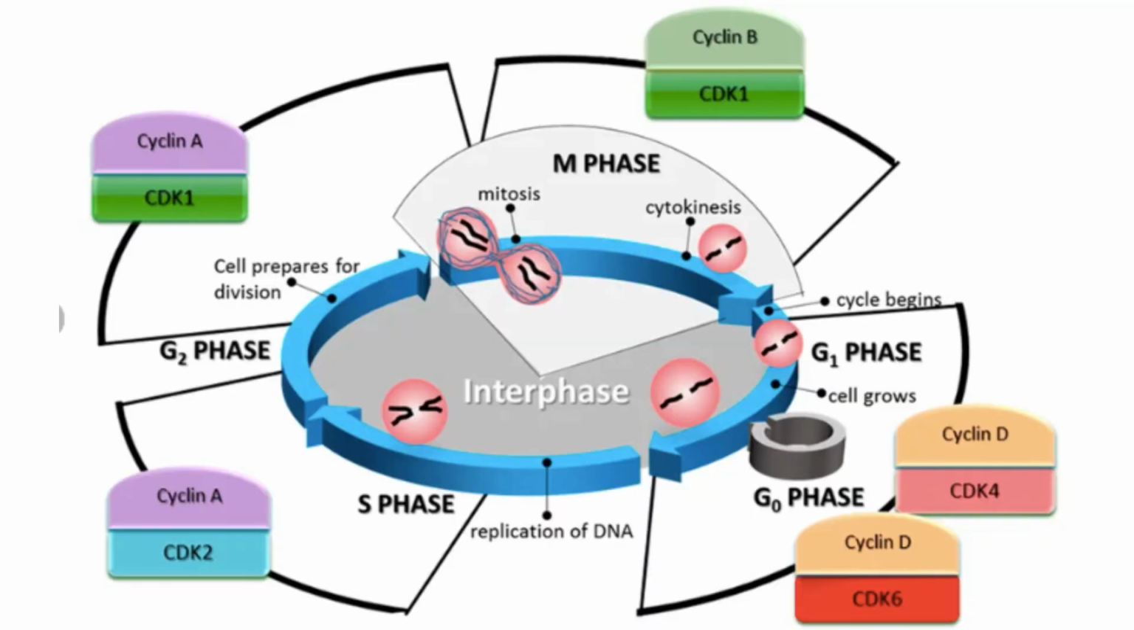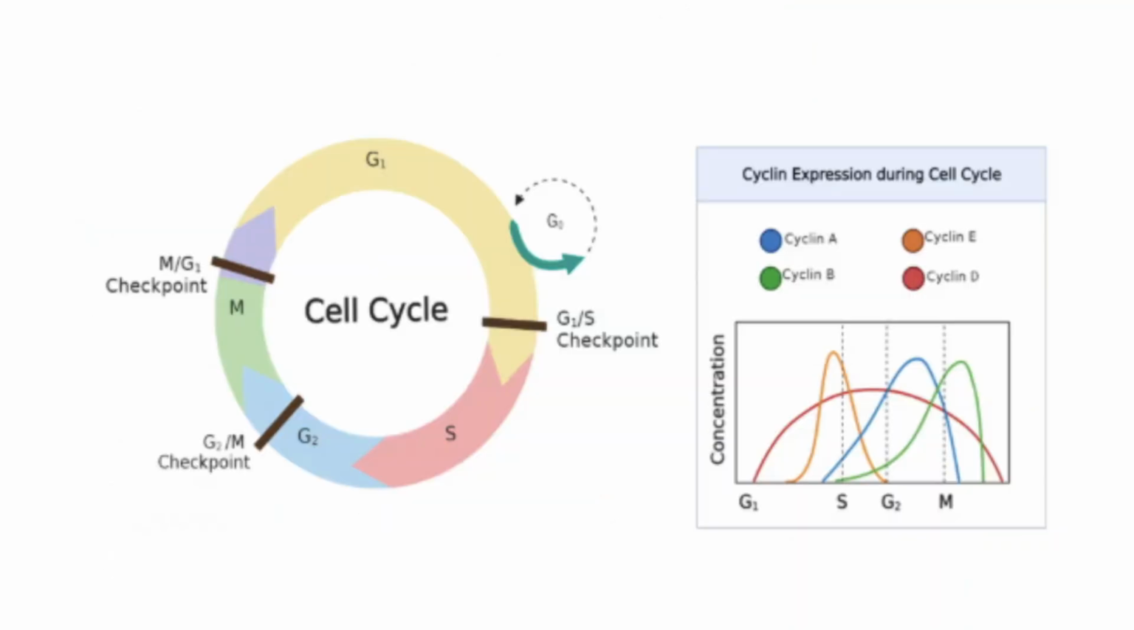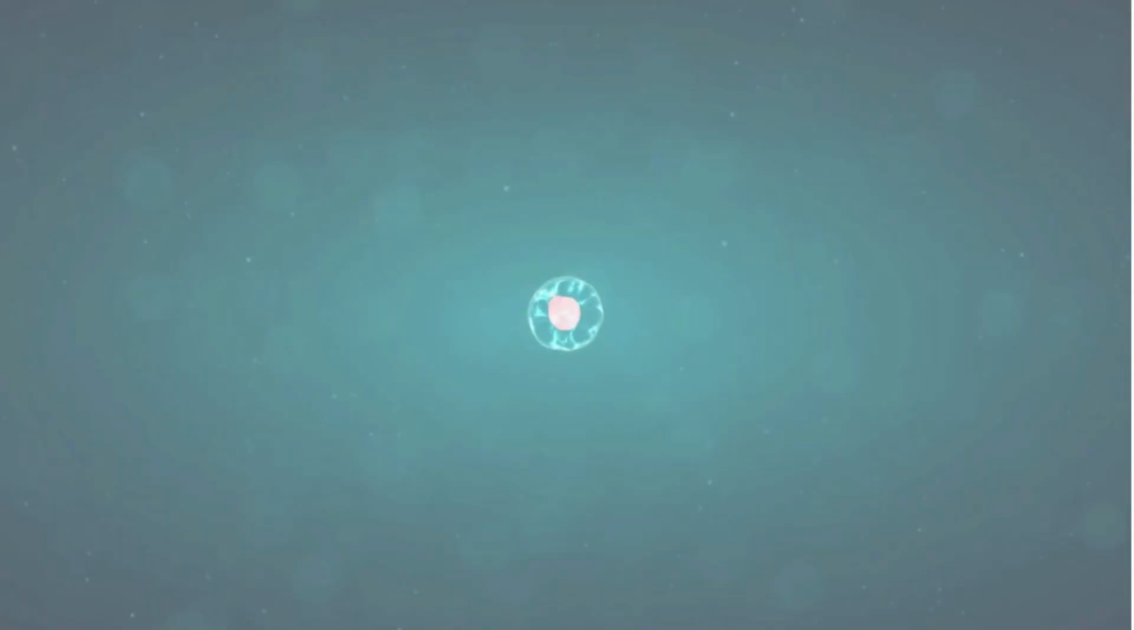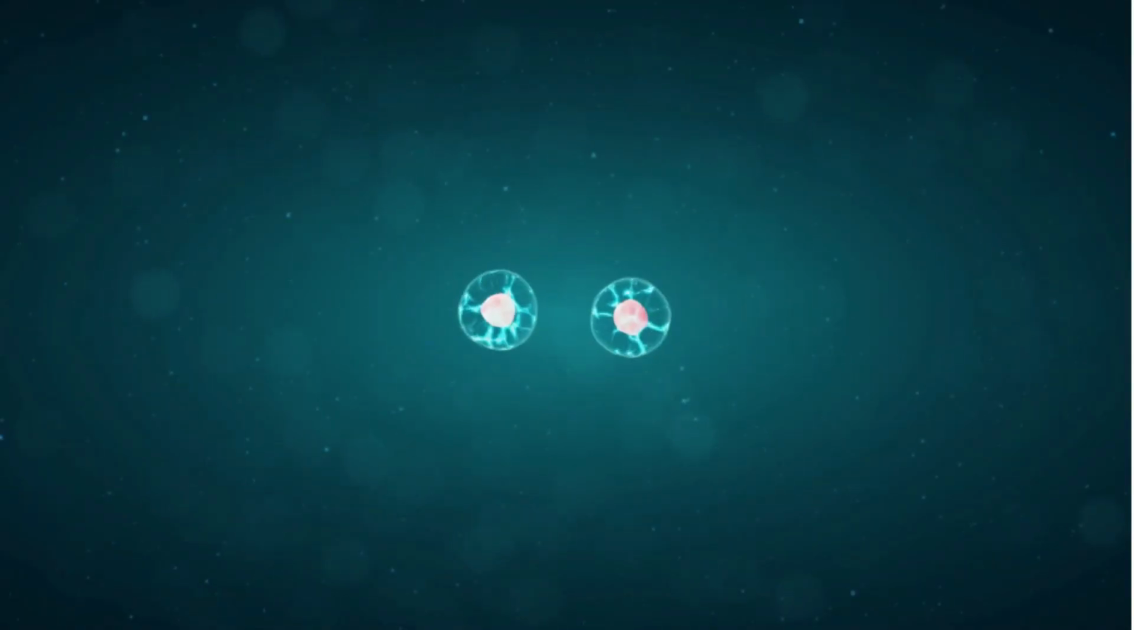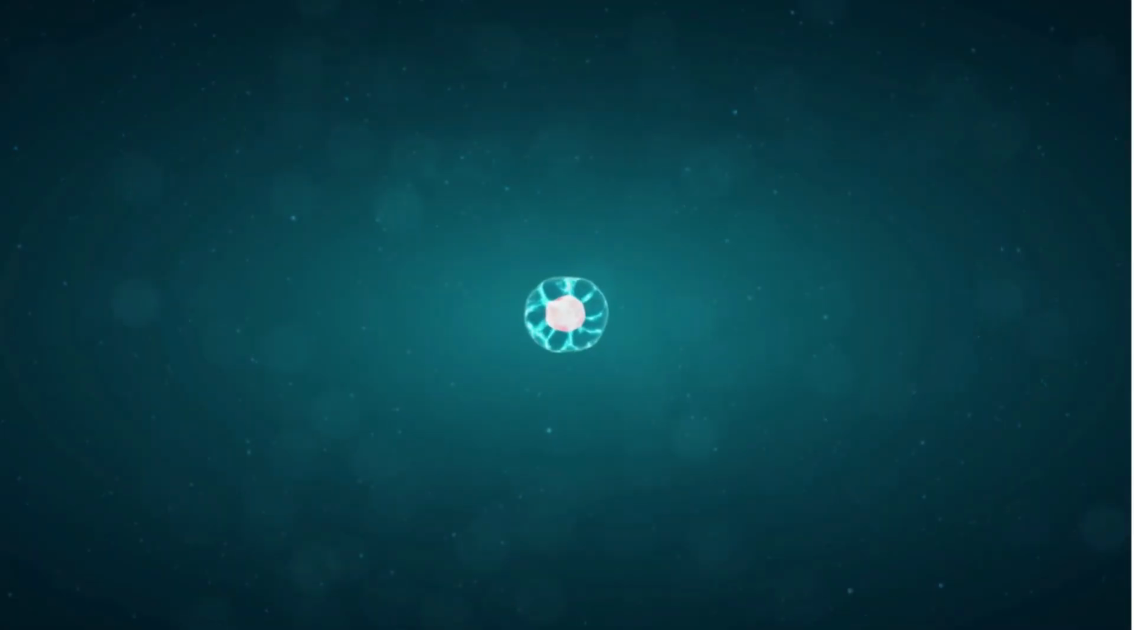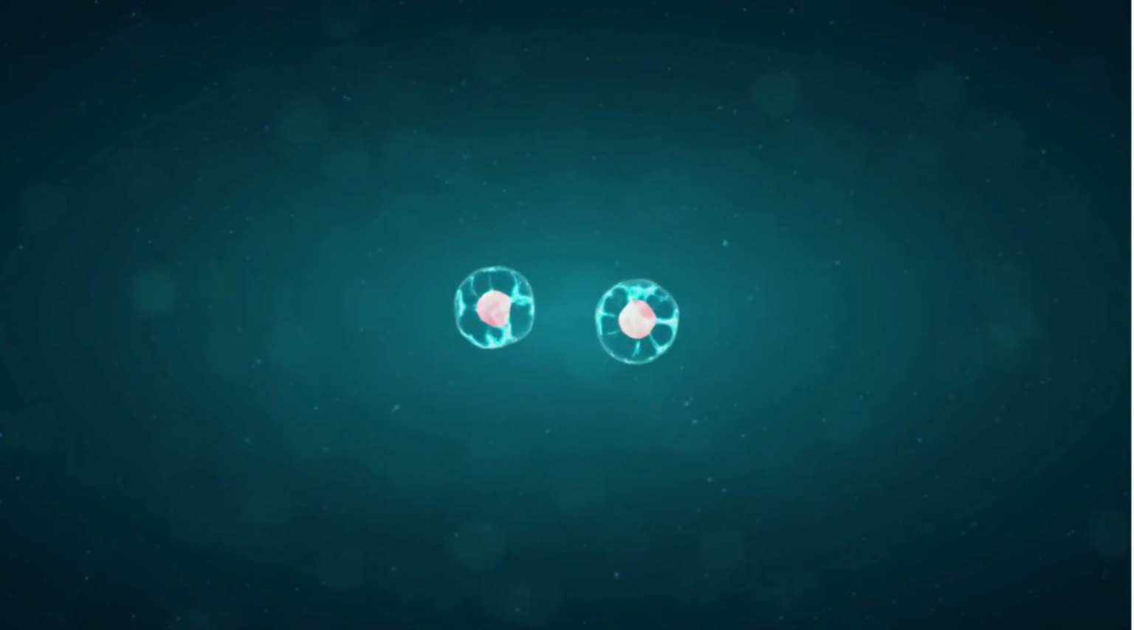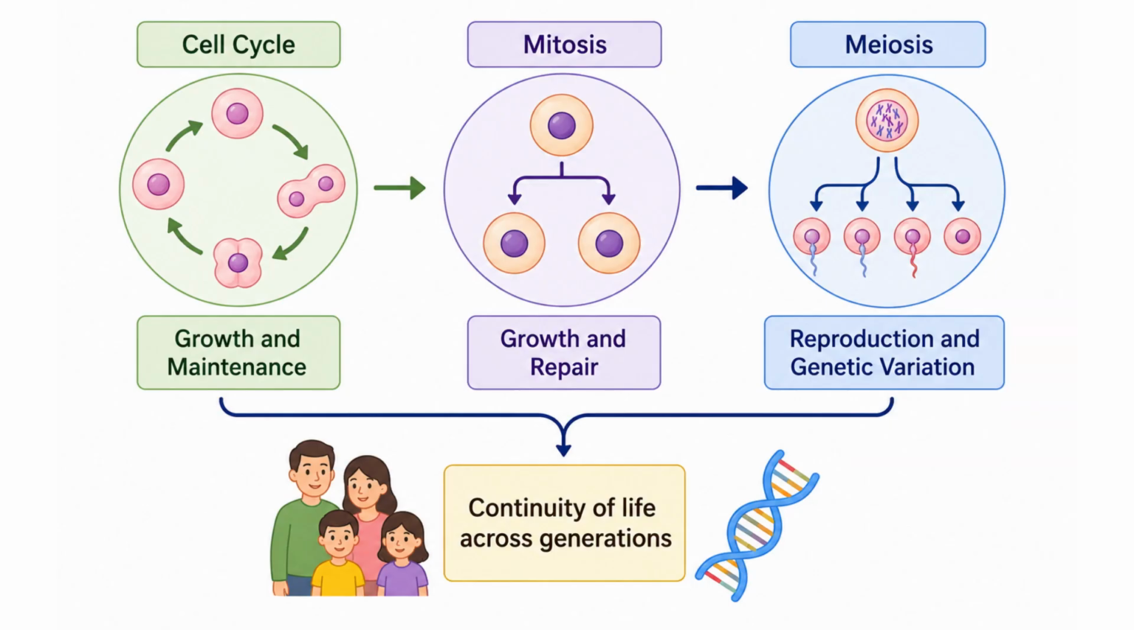The cell cycle is tightly controlled by proteins called cyclins and cyclin-dependent kinases, CDKs, which ensure that each stage occurs in the correct order. Cells also pass through checkpoints where DNA damage or replication errors can be detected and repaired. If these control mechanisms fail, cells may divide uncontrollably, leading to diseases such as cancer. Therefore, the cell cycle, mitosis, and meiosis are fundamental biological processes that ensure growth, maintenance, reproduction, and the continuity of